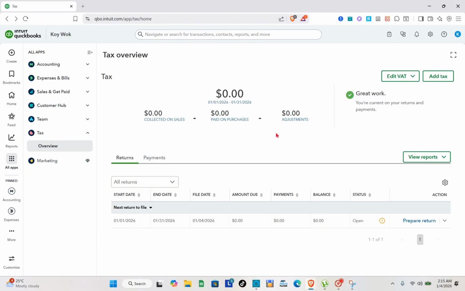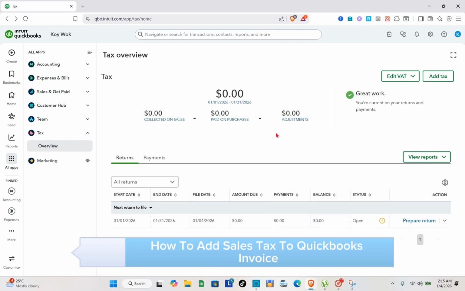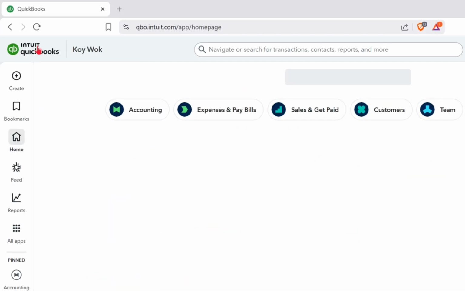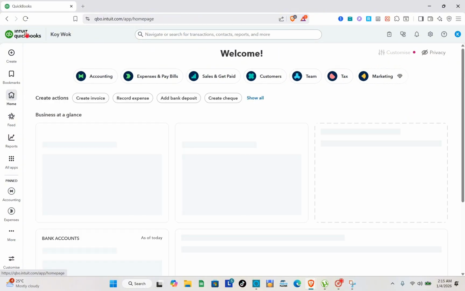In this video, you will learn how you can add a sales tax to a QuickBooks invoice. So first, you just have to log into your QuickBooks account. That's right. And then the next thing that you are going to do is to make sure that the sales